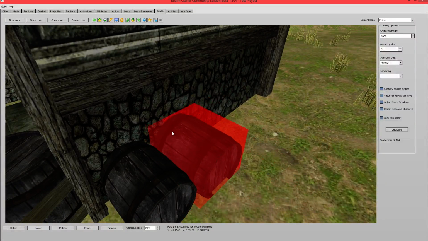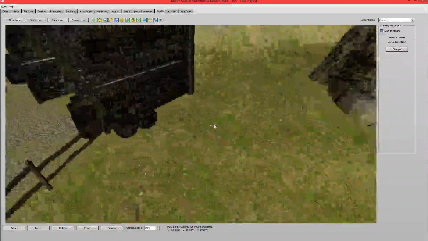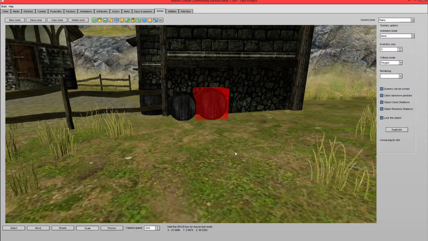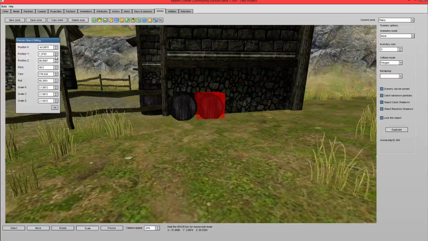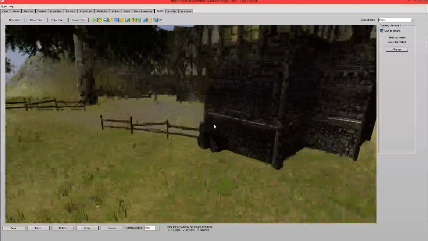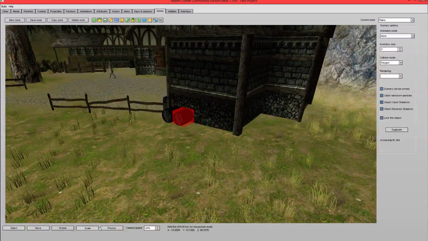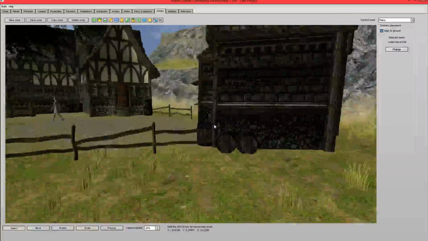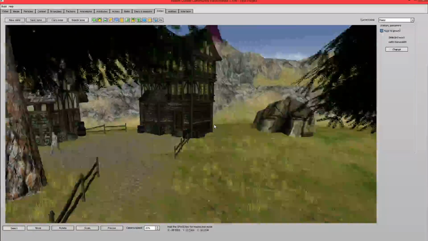The scale's roughly the same. And that is actually slightly bigger, so we're going to move that down. I'm going to leave it at 2. That's actually still smaller. Back one click. There we go. Right. I'm going to leave it at 2,